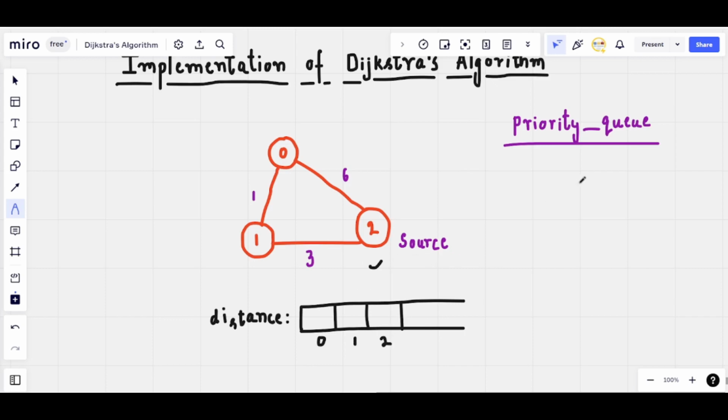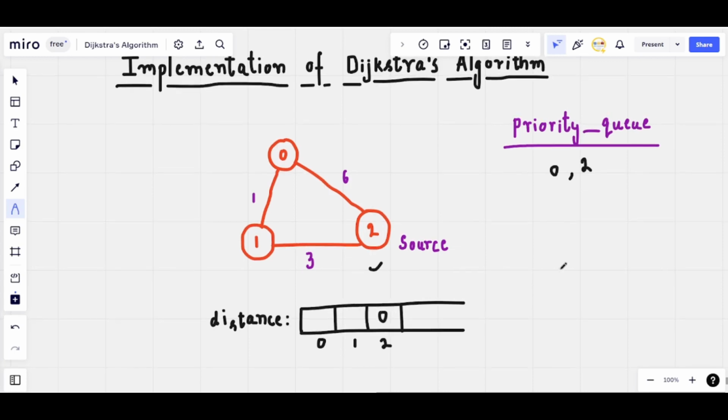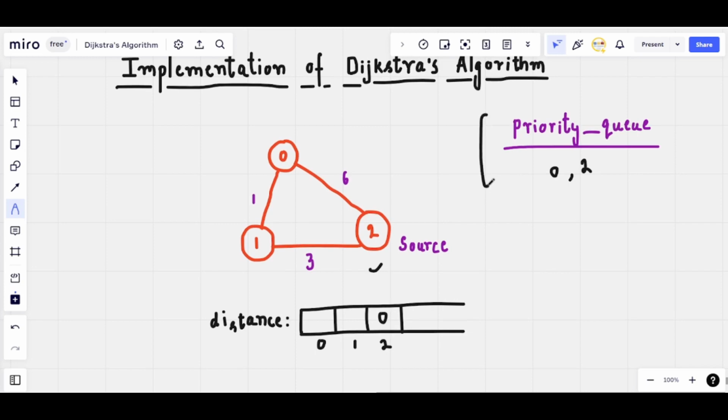Okay, now in the priority queue we'll push node number 2 along with its distance, which is 0 initially. So this is the pair that we're going to push initially, node number 2 along with its distance from itself, and the distance for node number 2 would be 0. Okay, now we'll iterate over this priority queue till it is not empty, and we pick the node with the least distance from the source node. So initially we just have the source node in the priority queue, so we pick up this node, we pop it out,